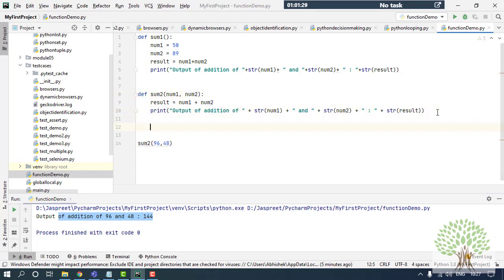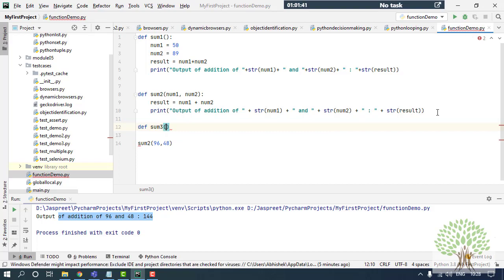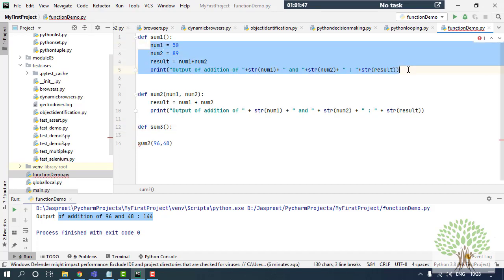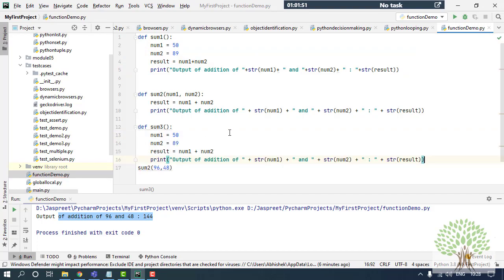The next way I can make the function is by taking user input. I can also take user input in Python. So over here I'll make one more function and I'll name it sum3. In this function, I'll copy this whole thing from here and paste it in my sum3 function.